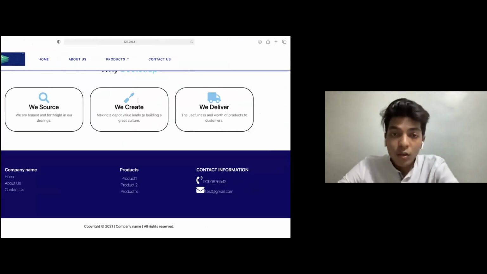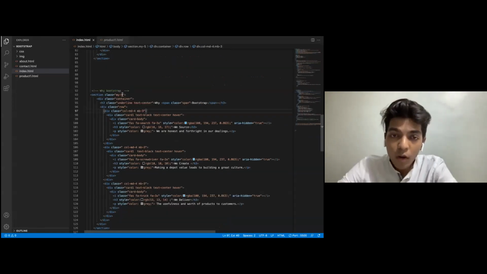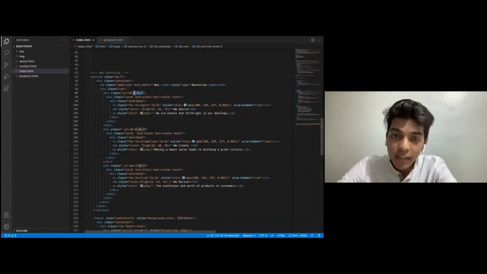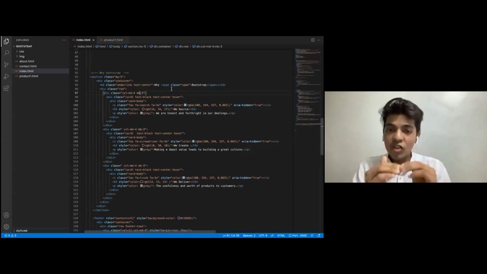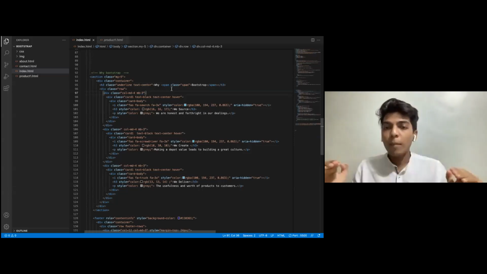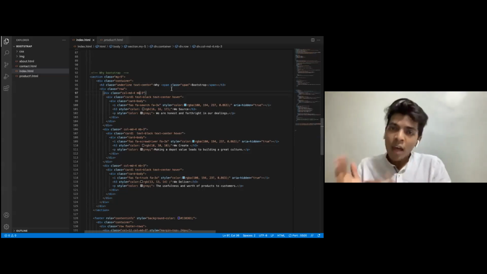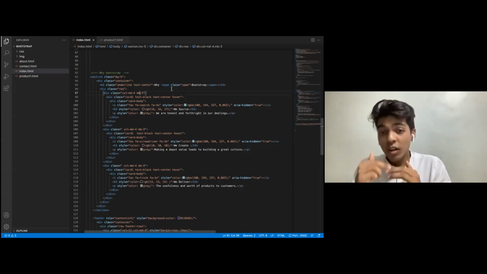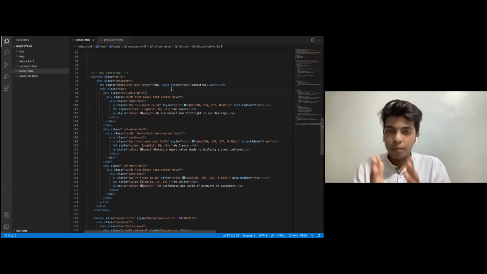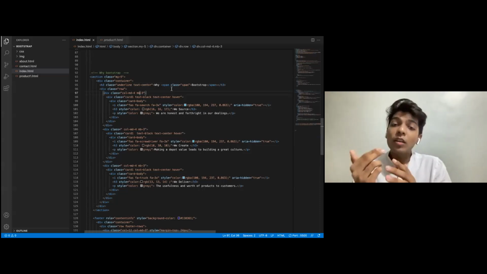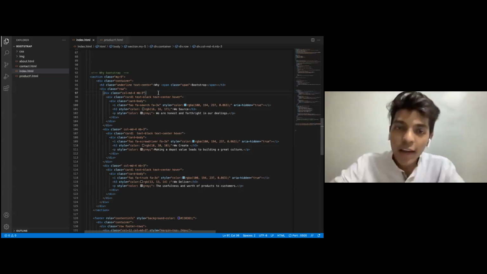Cool. So from here, I get what MD4 means, and this MB3 provides me with a margin. I have told you that M is margin, and B means bottom. I want a margin of 3 at the bottom of that card, of that column. I need some more margin. So I use MB3. I can use PB3 also, which would give me padding, but that would be towards the internal part of the content. I want a margin from the outer part of my content. That's why I use MB3.